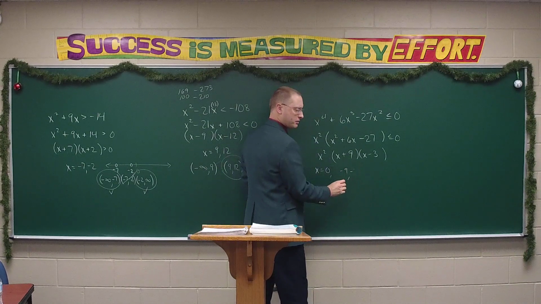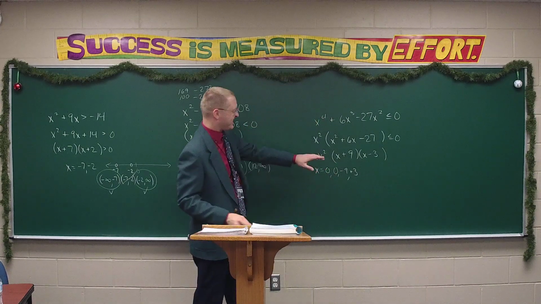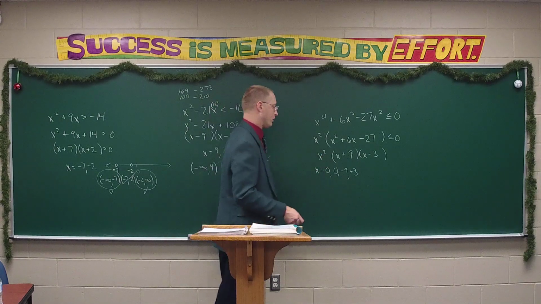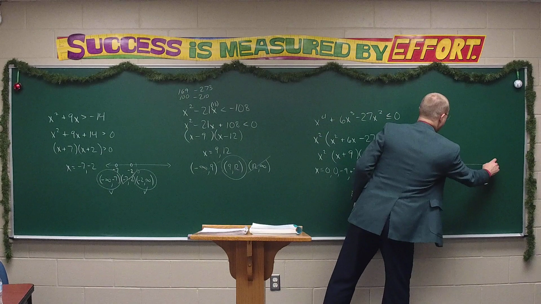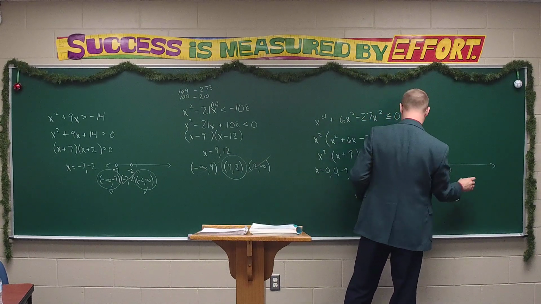Is it negative 3 or positive 3? Positive. For some reason I thought I heard a negative. So technically there's a 0 and another 0 because there are two zeros from the same thing. Small little detail here. So on the number line, we've got the negative 9 way down here, 0 and 3,